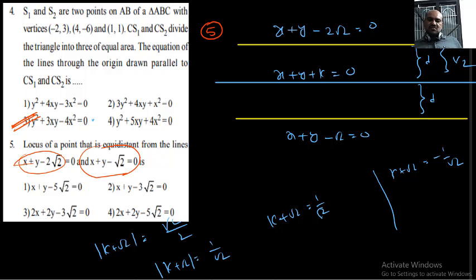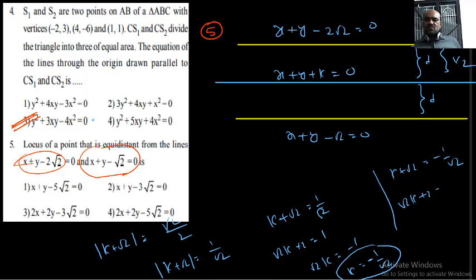So root 2k plus 2 equal to 1, root 2k equal to minus 1, k equal to minus 1 by root 2. This is one of the k values. Here root 2k plus 2 equal to minus 1, root 2k equal to minus 3,